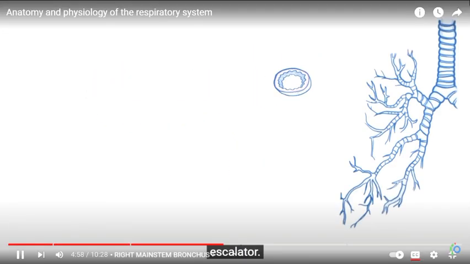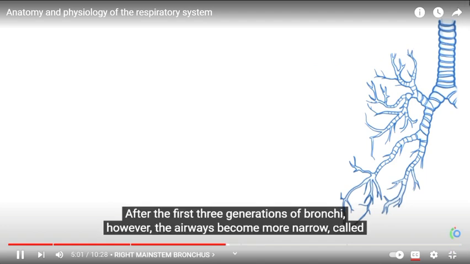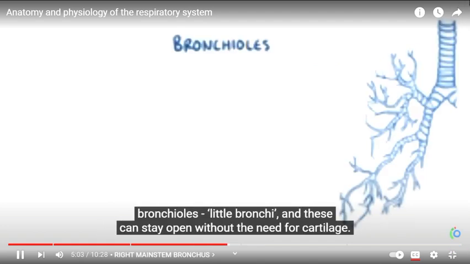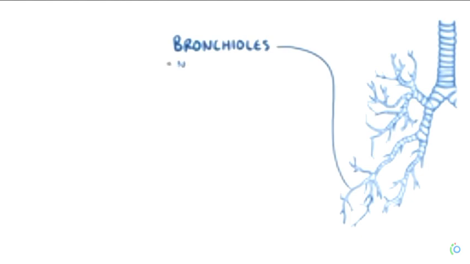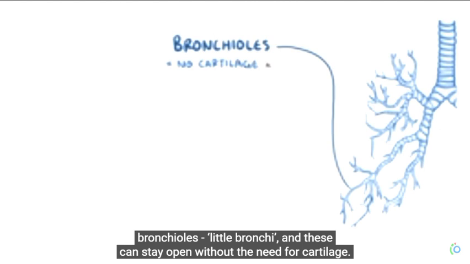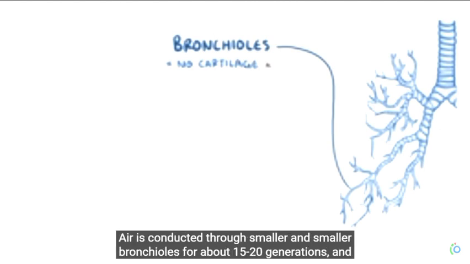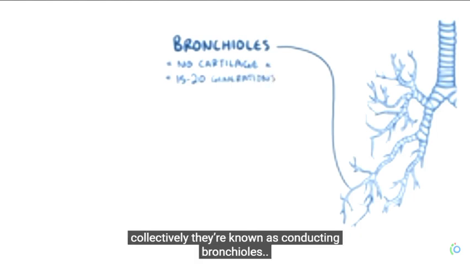After the first three generations of bronchi, however, the airways become more narrow, called bronchioles, that is, little bronchi, and this can stay open without the need for cartilage. Air is conducted through smaller and smaller bronchioles for about 15 to 20 generations, and collectively they are known as conducting bronchioles. Now, the walls of the conducting bronchioles are similarly lined by ciliated columnar cells and mucus-secreting goblet cells,